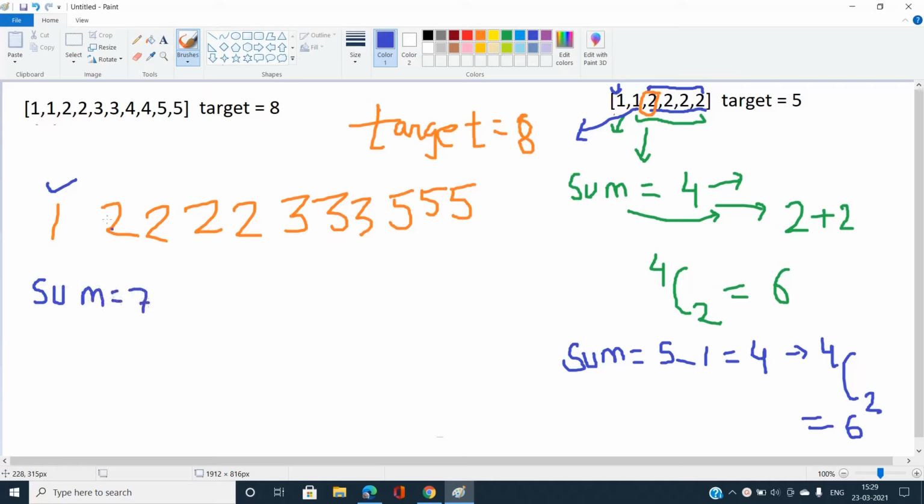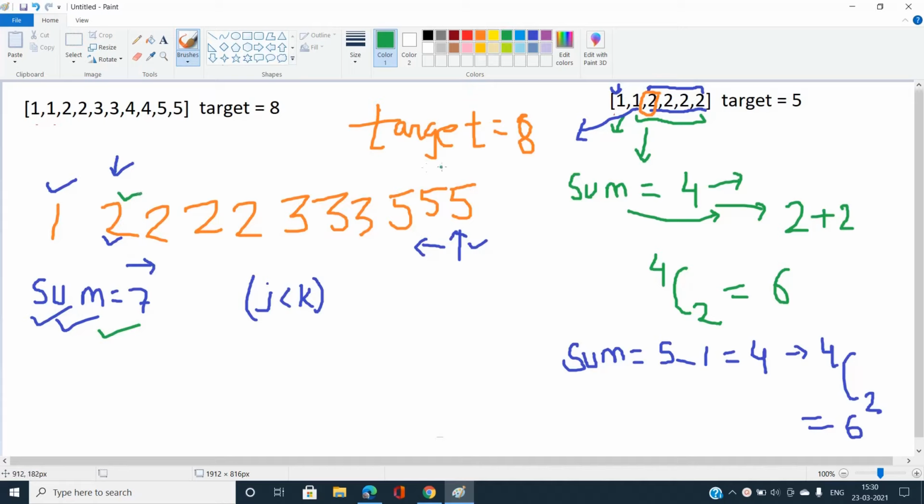So my j starts from this one and my k starts from this one, and I just do the two pointer approach: while j should be less than k, and since the array is sorted, if my current sum, that is array of j plus array of k, is less than my new sum, which is 7, just increment j. Otherwise, if array of j plus array of k is greater than the sum, decrement k. And if it is equal to the sum, you can see 2 plus 5 is 7.